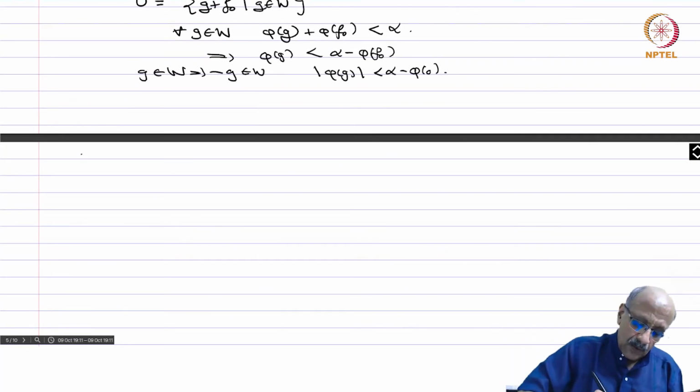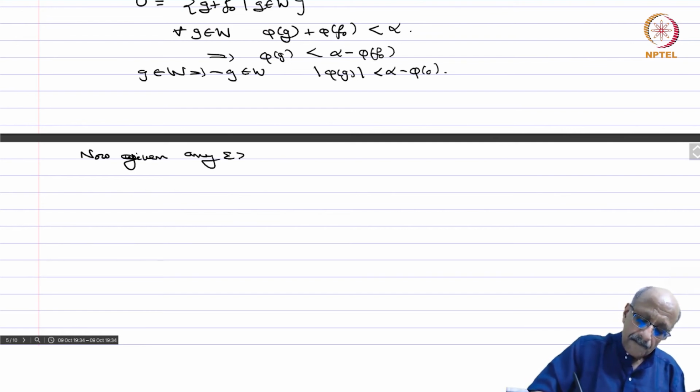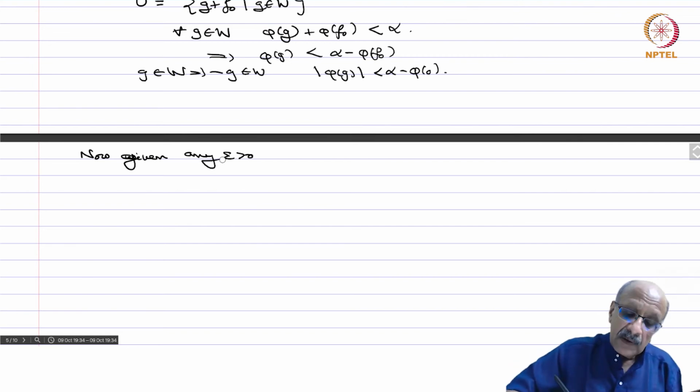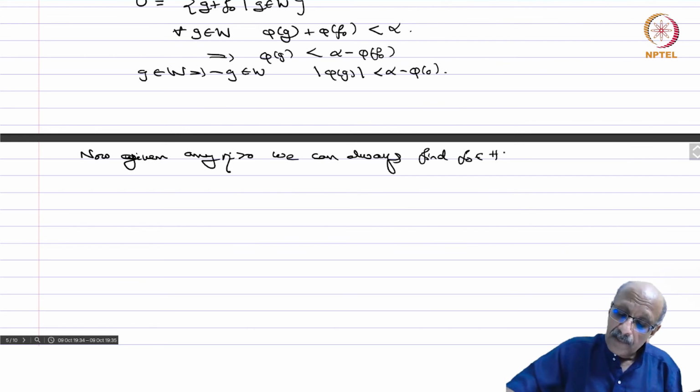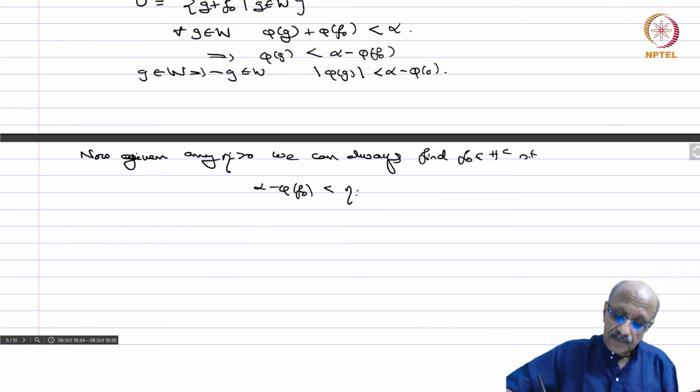Okay, now given any epsilon, or eta if you like, maybe I used epsilon somewhere, so given any eta positive we can always find F naught in H complement such that alpha minus phi of F naught is less than eta, because you can